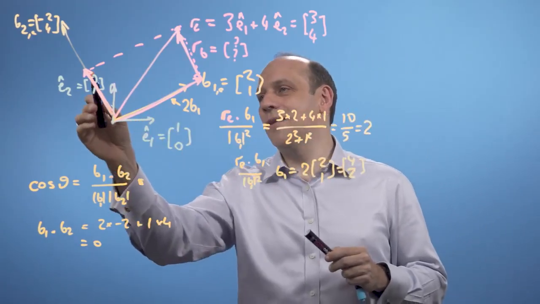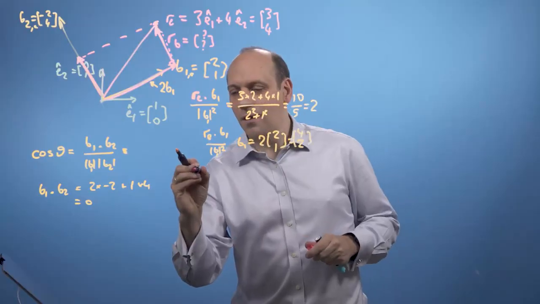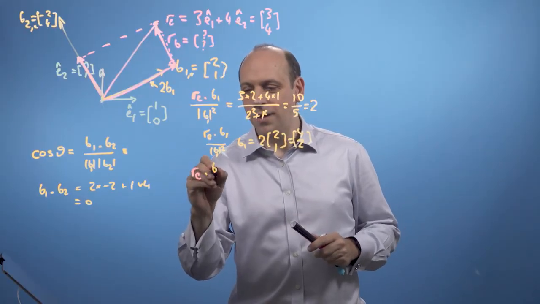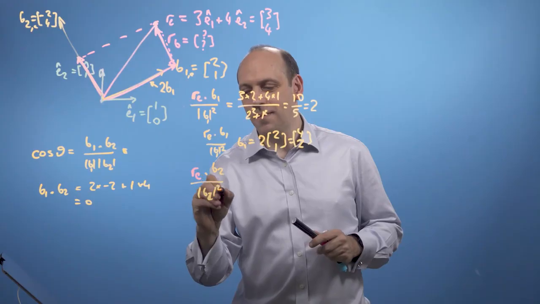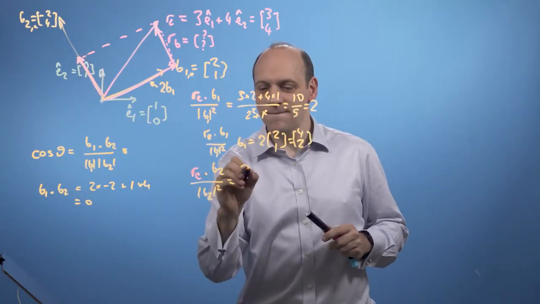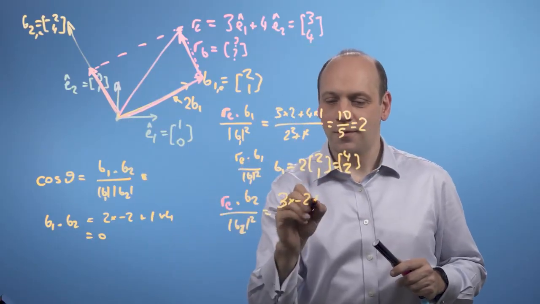And I can now do this projection onto B2, so I can do R_E dotted with B2 and divide by the length of B2 squared. And R_E dot B2 is 3 times minus 2 plus 4 times 4